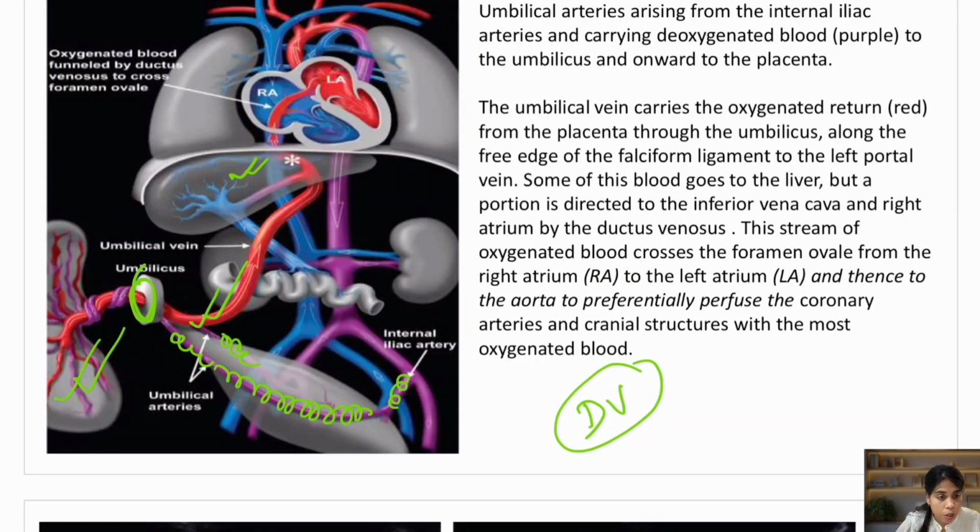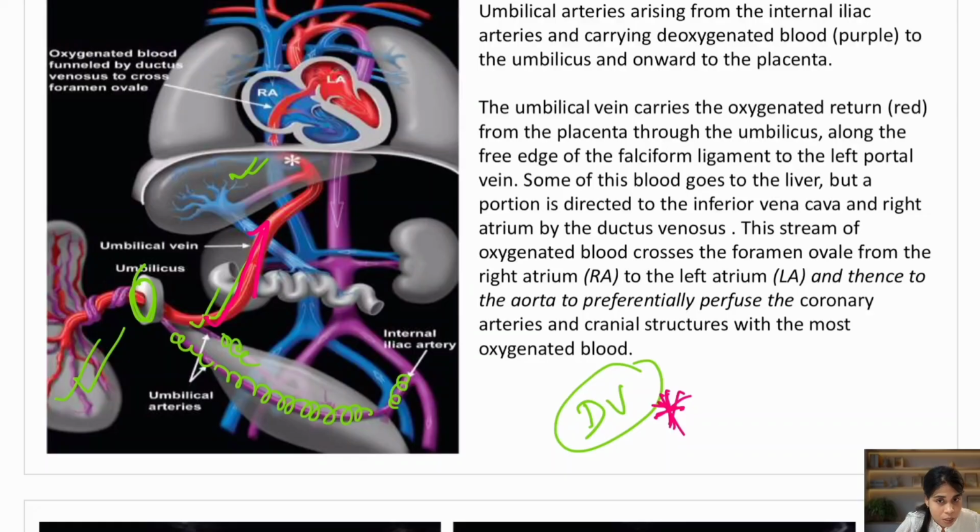So the oxygenated blood which is passing through this umbilical vein goes to the ductus venosus to the IVC, and then from the IVC to the right atria. But the anatomy of this ductus venosus is such that it is trumpet shaped. It has a sphincteric action, and the diameter is narrow, so the velocity increases. So what the ductus venosus does is give a passage for the oxygenated blood towards the IVC and right atria,